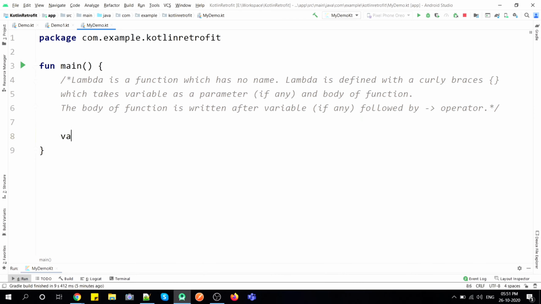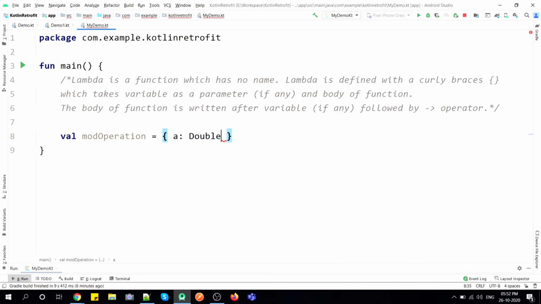I am creating here one variable as mod operation, and in this variable we will insert a lambda function. So now how to create a lambda? By using curly braces. I have written these curly braces here, and by writing these curly braces we are indicating that we have mentioned a lambda function. Now in this lambda function we have to write a variable first. So whatever the variables of the function, we have to write them here first. So I am writing it as a of double type.